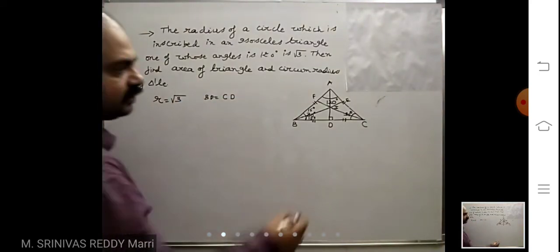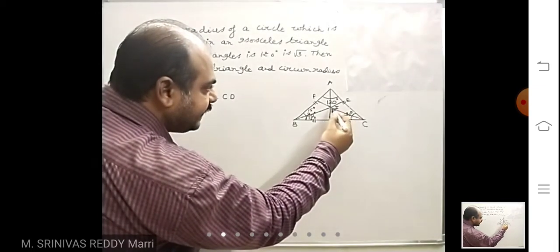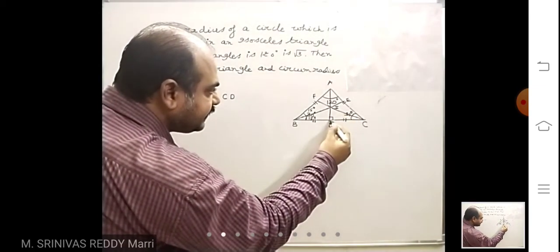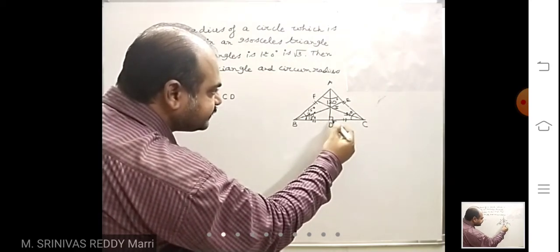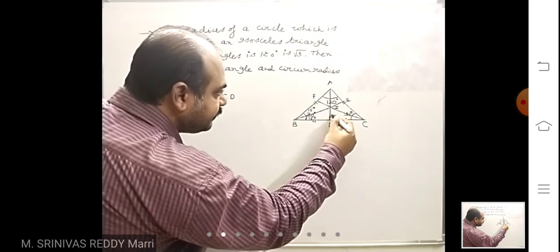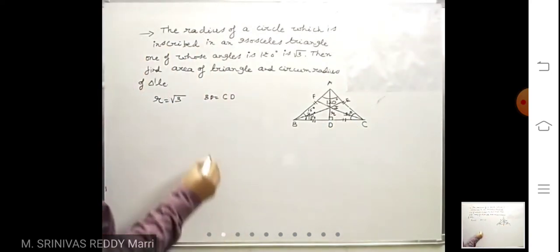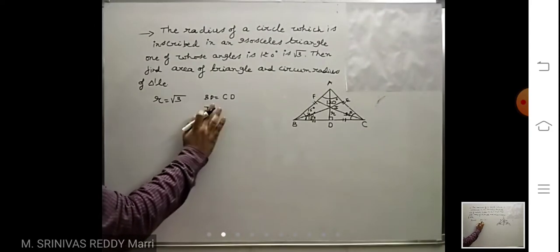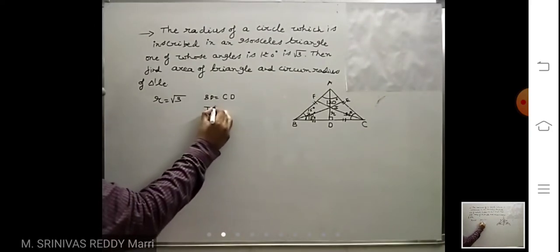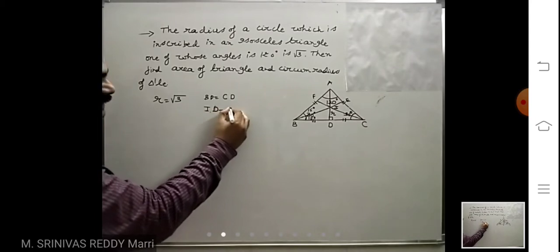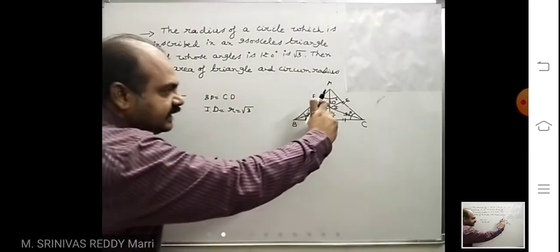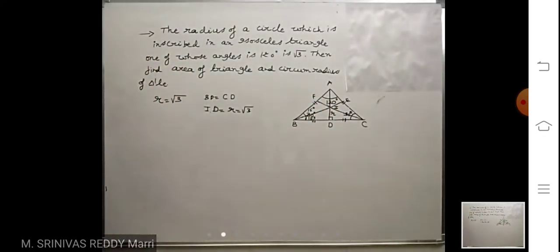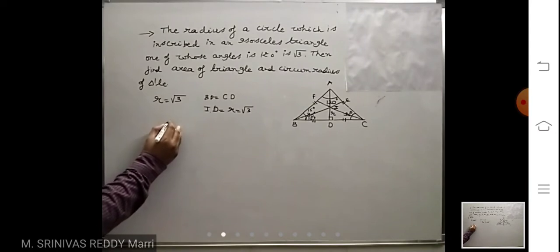Right? So now look at here. This is the incenter. Yesterday I told you the perpendicular distance of the incenter to any side is nothing but the inradius. That means ID is nothing but R. Therefore, ID, the perpendicular distance from the incenter to the side, is R, root 3. ID is nothing but root 3. This is the inradius, right? Now what you want to calculate is delta, the area of the triangle.